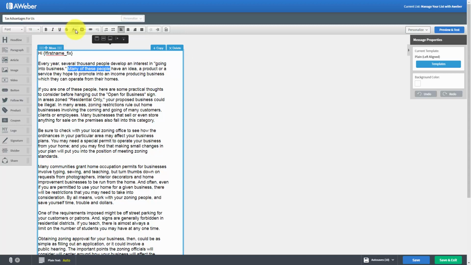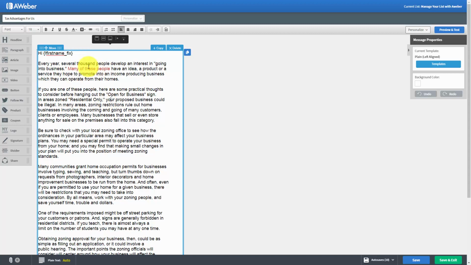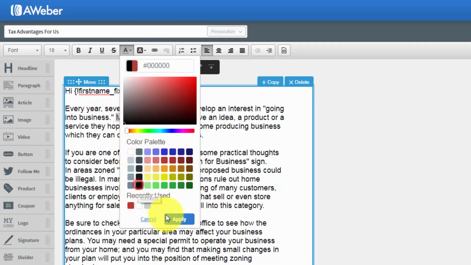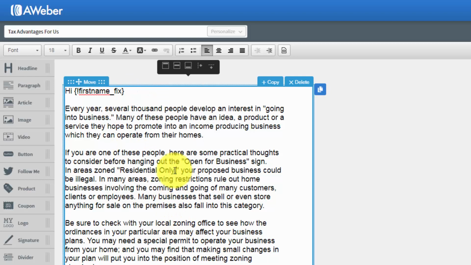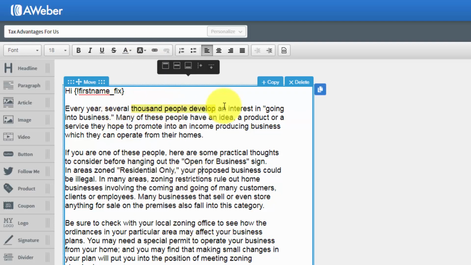You can also change the actual color of a particular text by clicking apply, and then when you take the highlighter off, you'll see it. You can change it back to black. You can actually highlight a background. So for example, we could take this text and put a yellow background there. And you'll see that there is a background. We can take that background right back off